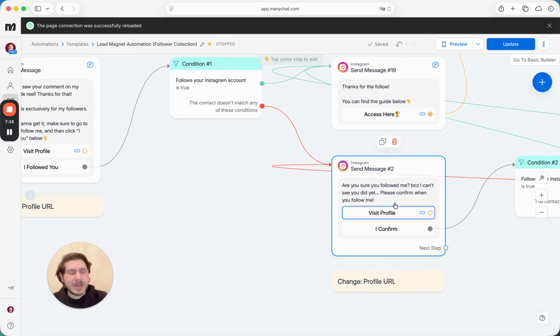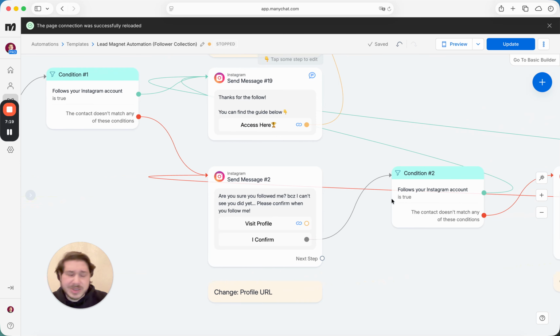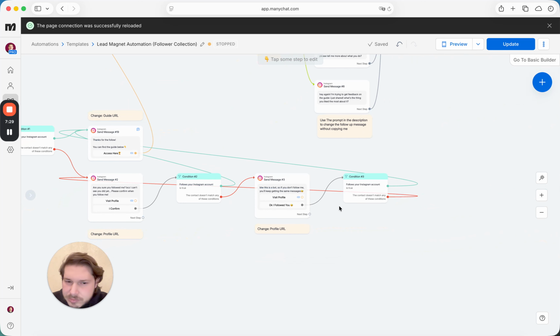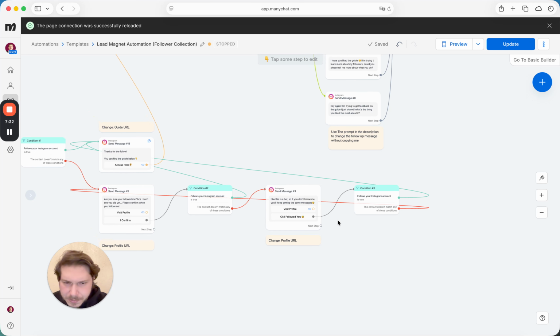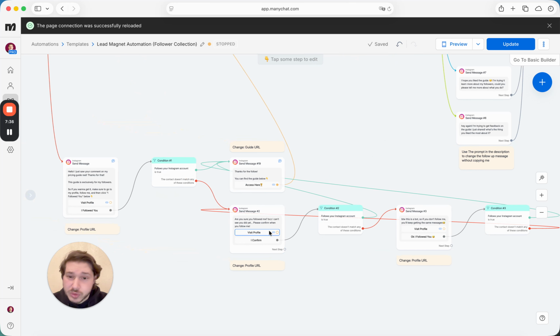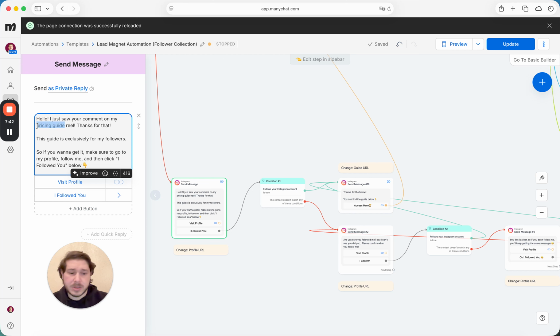Okay, now obviously you can go very crazy with this, very fancy. You can put an image, you can put a voice note, you can even put a video. You can get very creative with it, but I personally don't think it's necessary. Okay, so make sure to change the profile URL and make sure to change the message here. I'm going to change it now here on my title or reel title. Okay. Anyway, so mainly this is the first